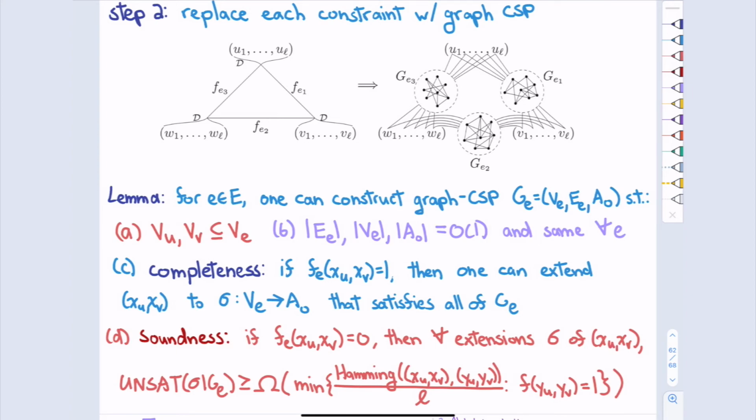Then for any way of extending and filling in those vertices in between, so any extension sigma of those 2L vertices, I should be unsatisfying some fraction that depends on the Hamming distance from any actual correct set of bits. So I'm taking the minimum over all bits for U and V that actually satisfy the constraint, and looking at the distance from my bits to a correct set of bits, and it's relative out of 2L. So it's some fraction between 0 and 1